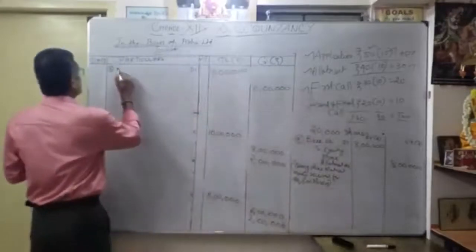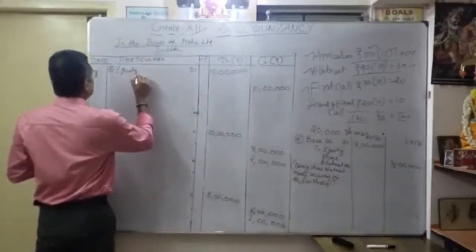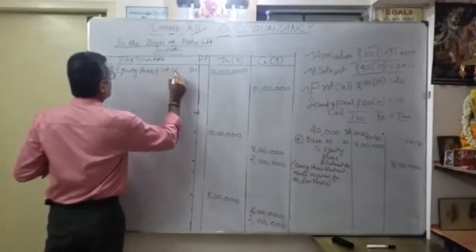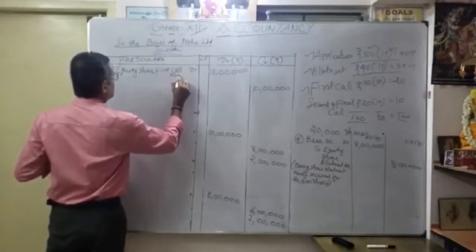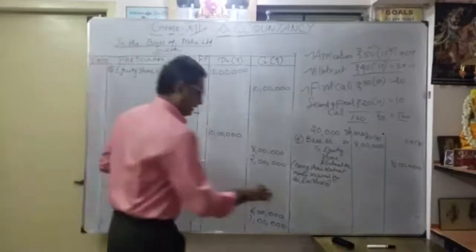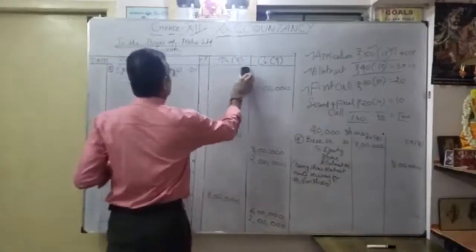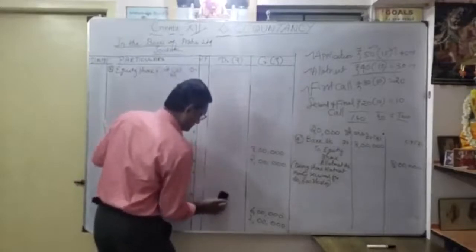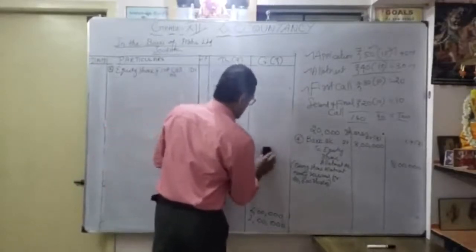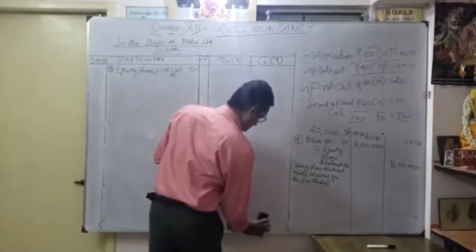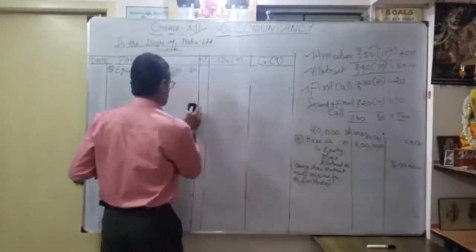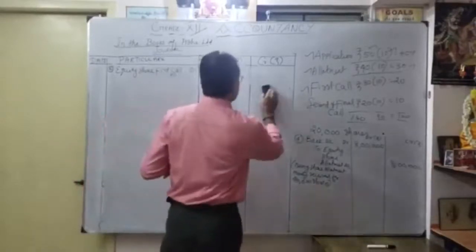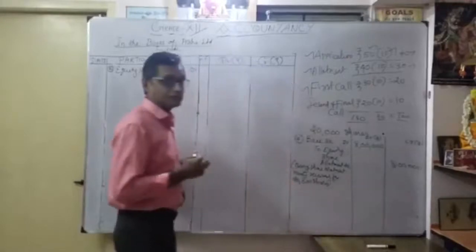So we have to write equity share first call account debit. Okay. So value here, everything you want to change, correct? All will become change. So I will clean value also. So drawing the line is very important. Okay. So that you have to take extra care. Or presentation is very important.